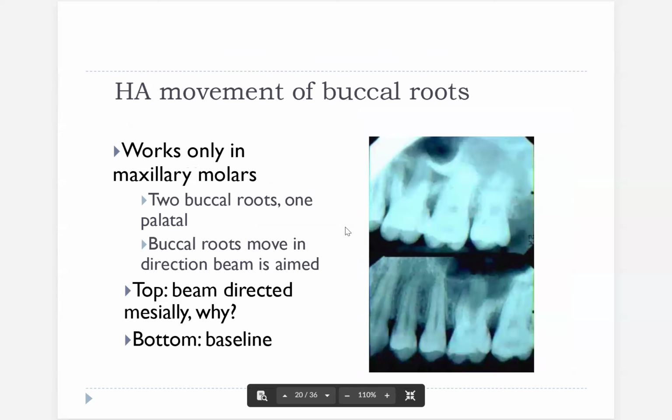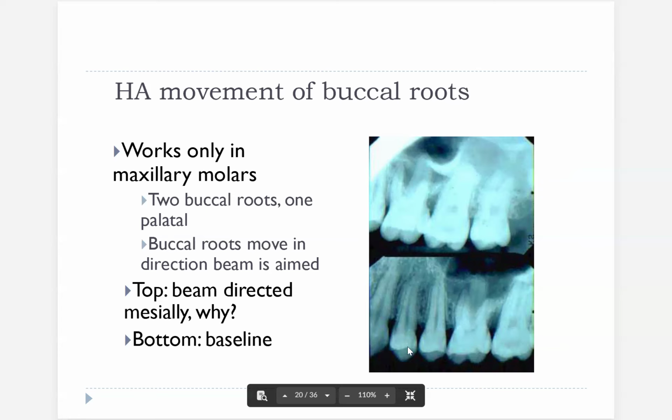Works only in the maxillary molars, but the two buccal roots and the one palatal root, you can really see how it shifts. So here we have these buccal roots are sort of more straight up and down, or maybe even leaning a little anterior. The palatal root is kind of leaning more posterior. And as the beam shifts, the palatal root moves anterior. And so we know that